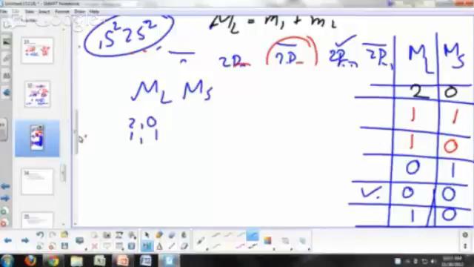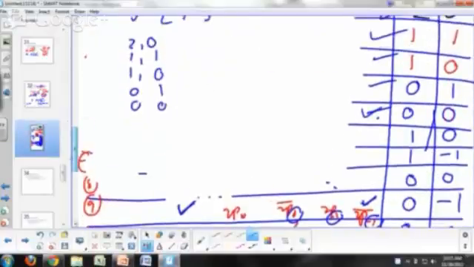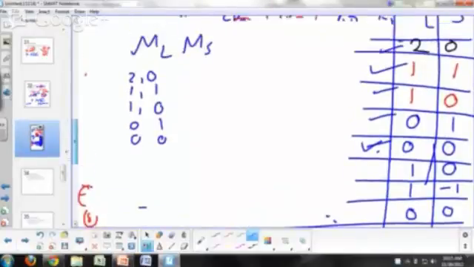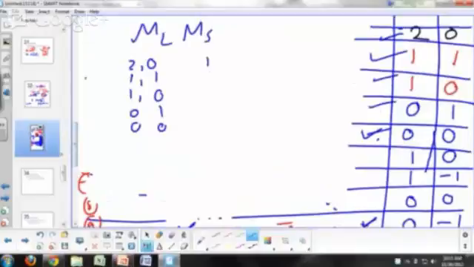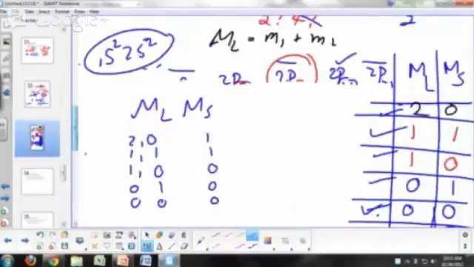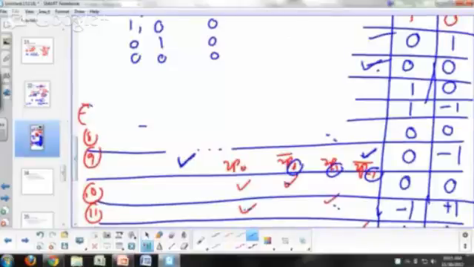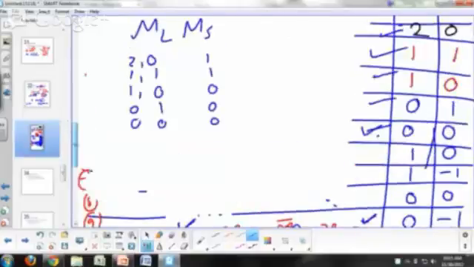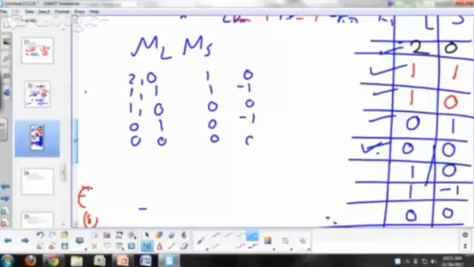You have a 1, 1, 1, 0, 0, 1, 0, 0. Takes care of 1, 2, 3, 4, 5. And then the next one, and let me just copy that. 1, 1, 0, 0, 0. And then you have 0, -1, 0, -1, 0. Okay, so that's 5, there's another 5, and then the last 5